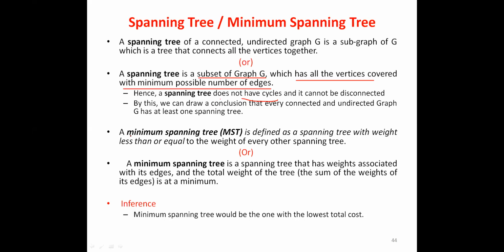Next, we'll see the minimum spanning tree. It is a spanning tree whose weight is less than or equal to the weight of every other spanning tree. So we said that we have multiple spanning trees. From a given graph, I can draw